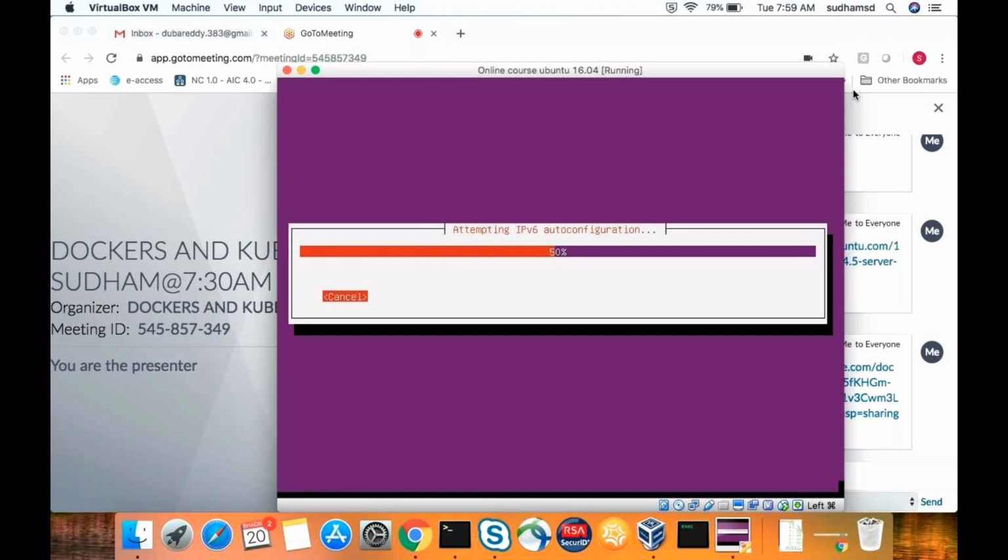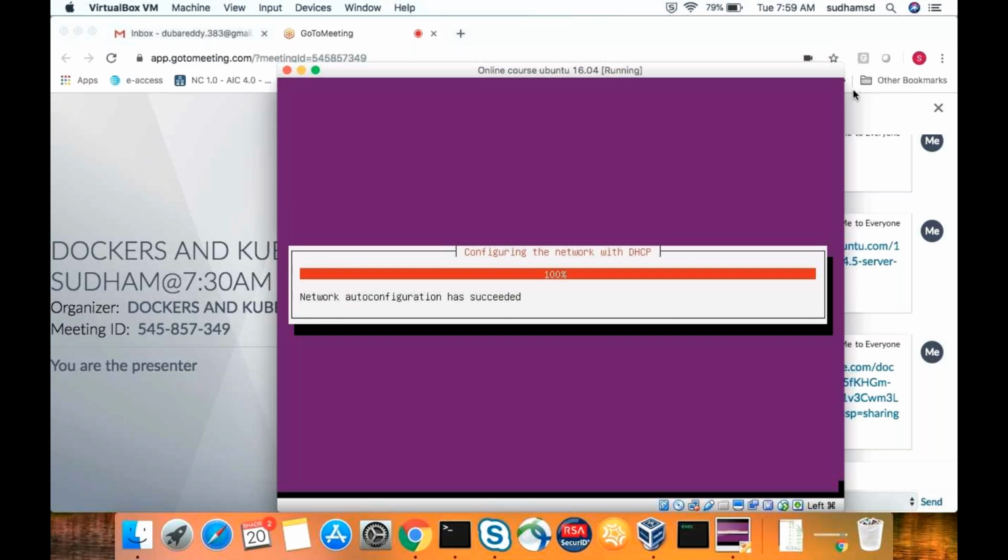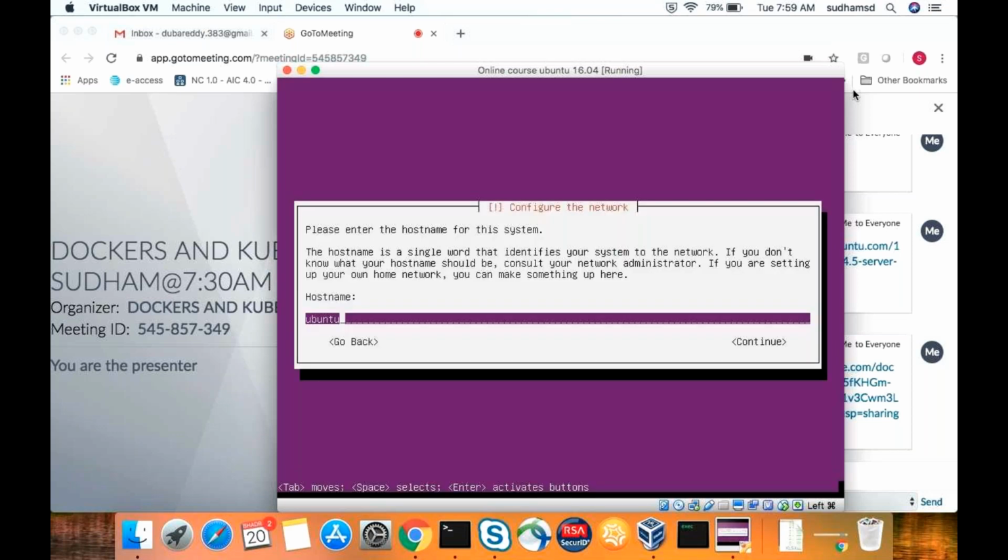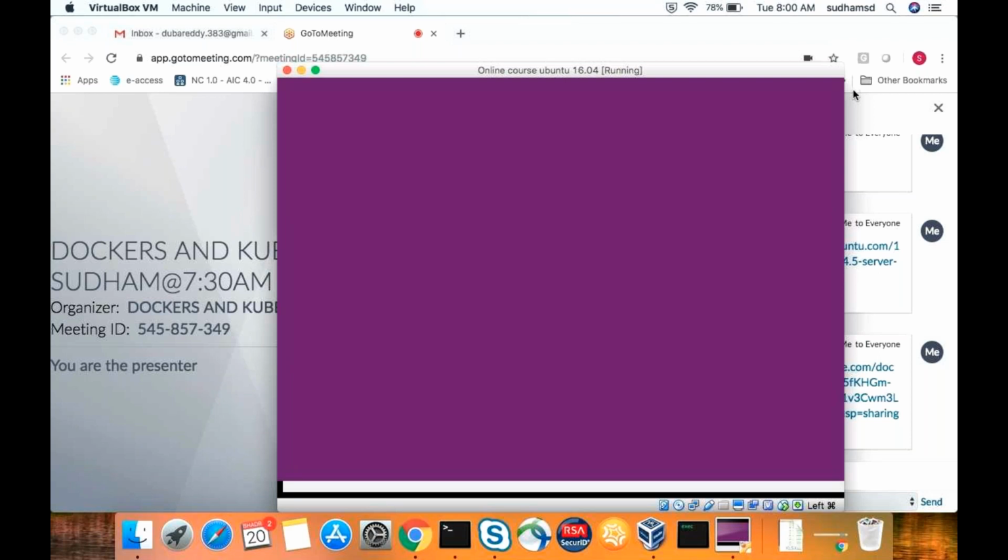In the installation process, is there any package to download and install? Then you need to have an internet connection, right? So my first adapter will do that. This is nothing but the host name setting for your operating system. For every system, there should be a host name, right? Either you can communicate with the IP address or with the host name. So here I will say testserver.ubuntuserver.tld, just a name, and then press tab. It will go to continue, enter.